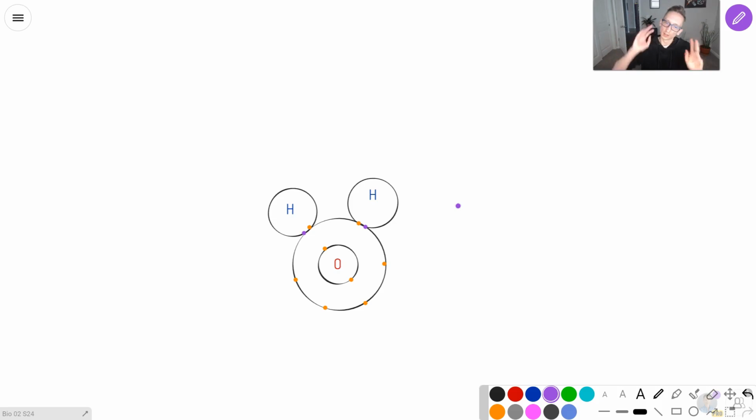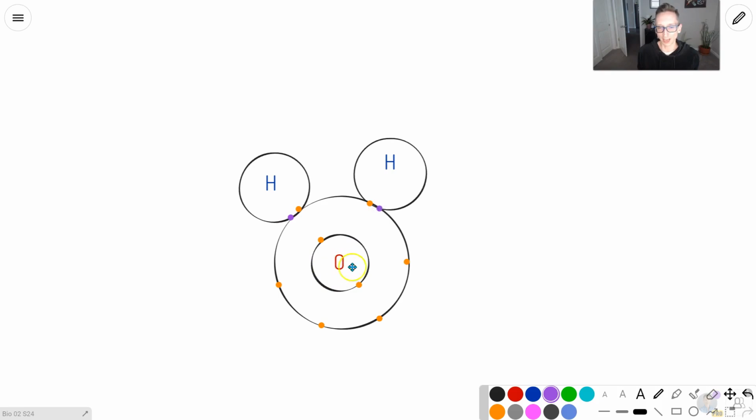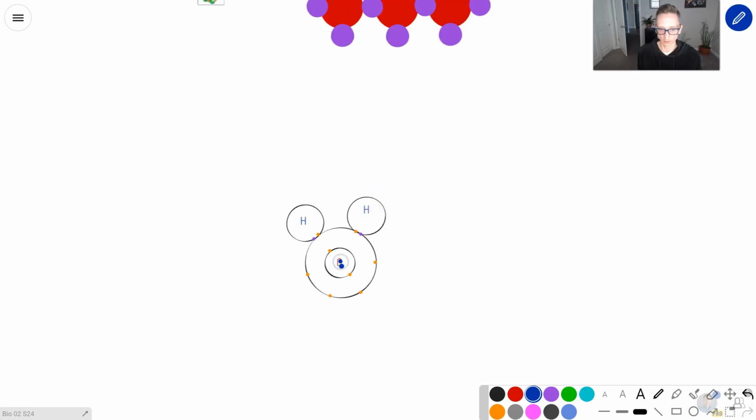But oxygen in here, if we were to remove that, remember it has 6 protons: 1, 2, 3, 4, 5, 6 protons. That's a lot of positive charge down in that nucleus compared to hydrogen, right? Oxygen has 6 protons in the nucleus, meaning the shared electrons